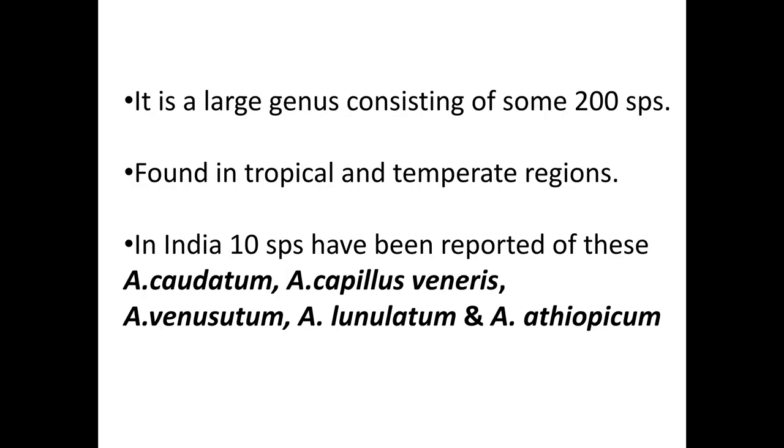genus Adiantum. Coming to the occurrence or distribution, Adiantum is a large genus which consists of about 200 species distributed in the tropical and temperate regions across the world. In India, about 10 species have been reported. Among them, Adiantum caudatum, Adiantum capillus-veneris, Adiantum venustum, Adiantum lunulatum and Adiantum aethiopicum are some of the species which